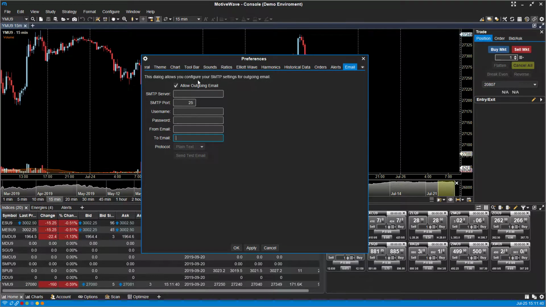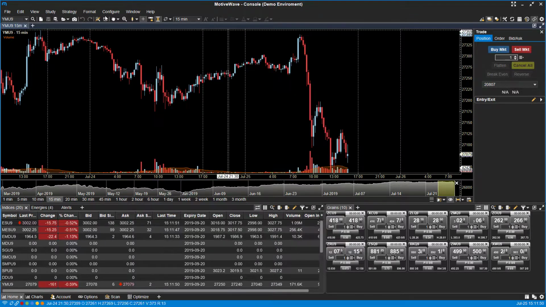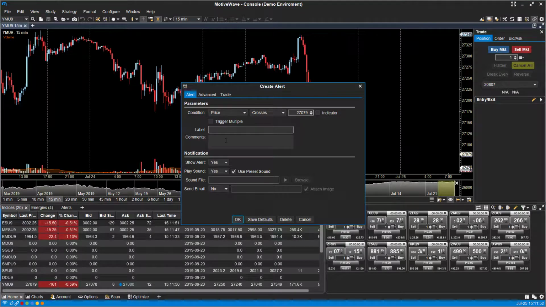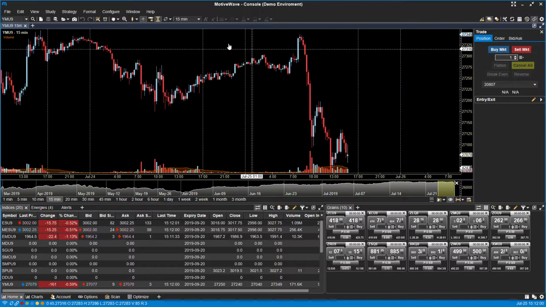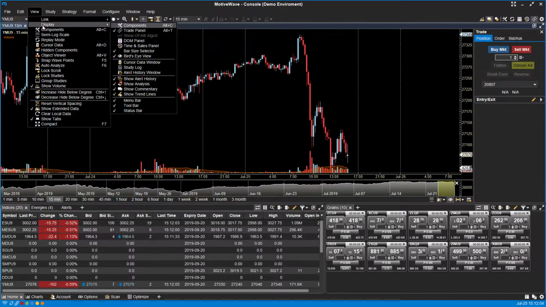If you're not too familiar with it, you may need to get in touch with your email provider to find the SMTP server as well as a port number. But other than that, once you have everything configured, as you saw, you can just go back to the alert menu, and then instead you can click send email alert and click this drop down menu to select the email that you've registered. Other than that, if you do want to see your order or your alert history, you can always go to view